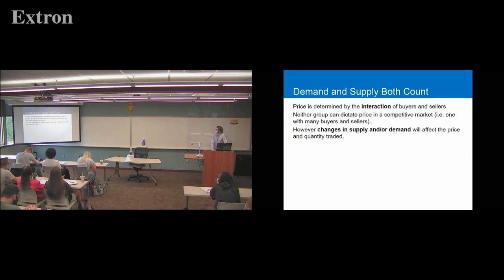All right, we covered last time how it's the interaction of buyers and sellers, because in a competitive market, there are many buyers and many sellers. Each of them is trying to get the goods and services they want, or trying to get revenue by selling those goods, so they're going to compete against each other, and that's going to help move the market towards equilibrium. We'll talk later about markets where there are fewer buyers and sellers, and the problems that can cause, and the difficulty reaching equilibrium in those situations. But for most markets, what we see is they're competitive, with a lot of buyers and sellers.